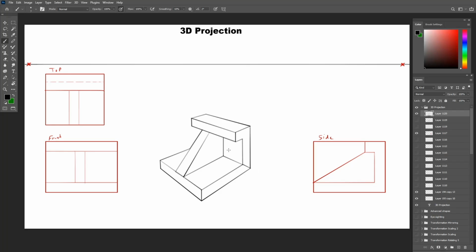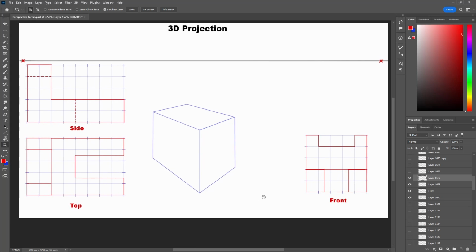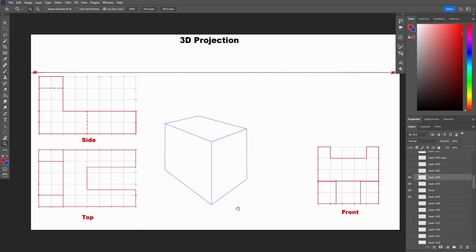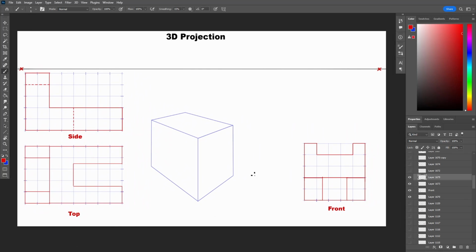Let's do a couple more examples, alternating between using 2D projections to draw a 3D object and vice versa. So here we have 3 different 2D projections, but this time with added units. So we no longer have to guesstimate. We now have to observe the unit drawn in the 2D projections and apply it to the 3D object. So let's start first with choosing the easiest projection to start with.